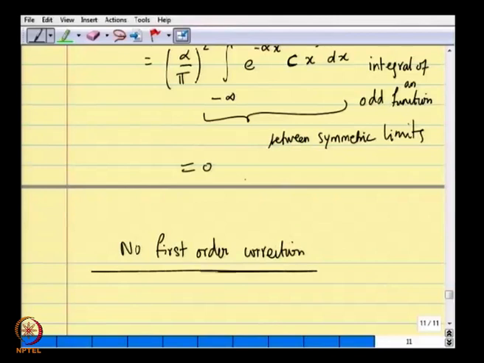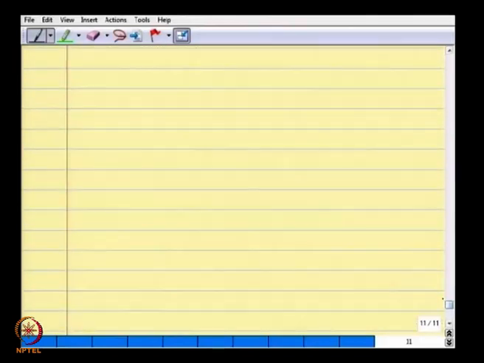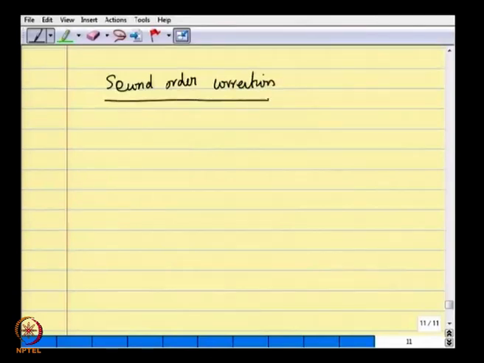Okay. Simple result. Therefore, it is not possible for us to say that we will correct this energy. We have to calculate. The first correction to the energy is not first order, but it is second order. And again, the result for second order is somewhat simpler than what we would write down,